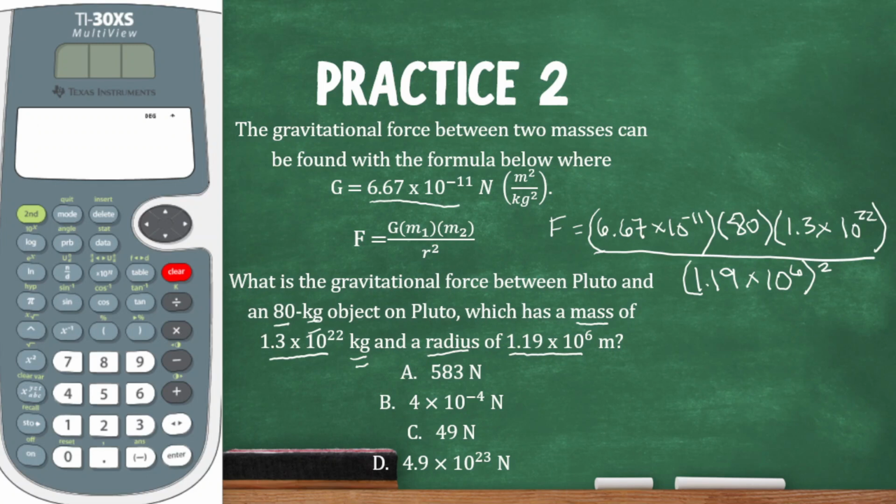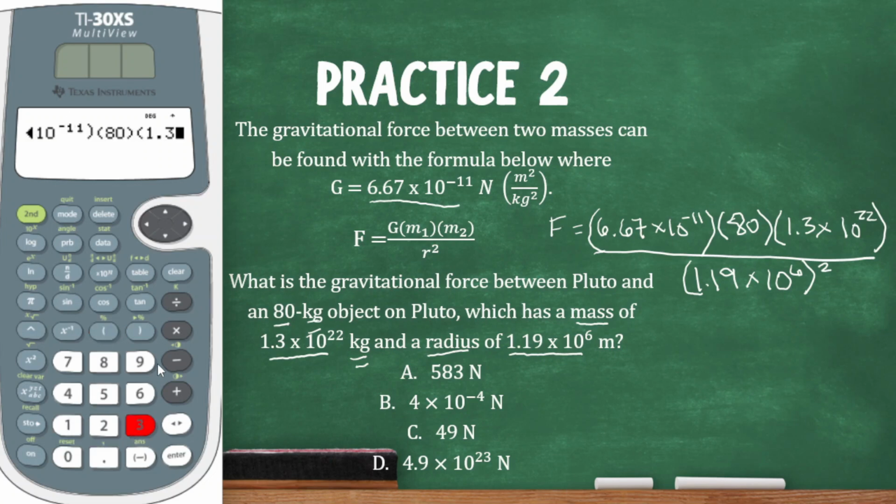Now let's try to enter this into the calculator. So I'm just going to write it exactly like I have it. So parentheses 6.67 times 10, and then I'm going to raise that negative 11 to the exponent, and this is the negative right here in the parentheses. Be careful with that. Now I have to press the right button to get out of that exponent. Close my parentheses, open a new one, 80, close it, open a new one,